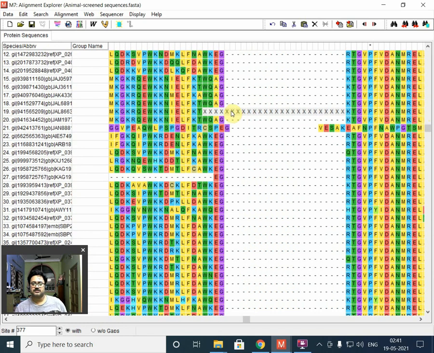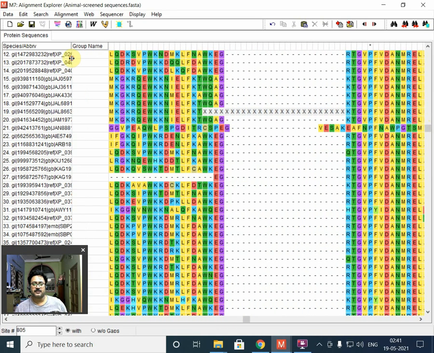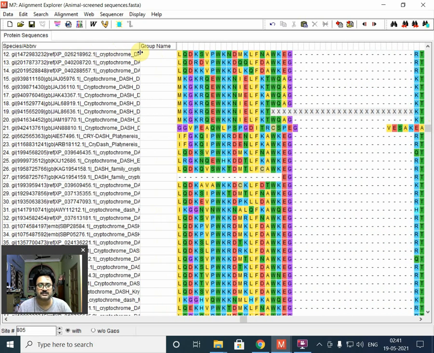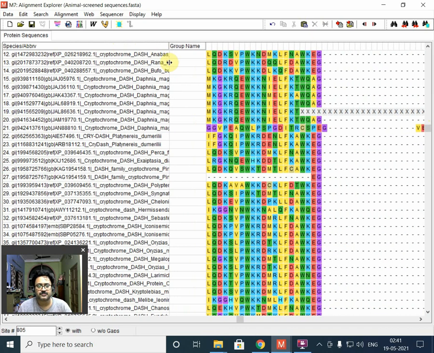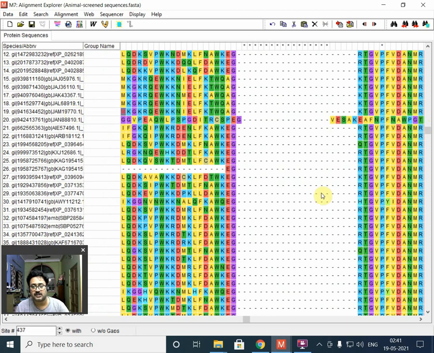This sequence again is probably another Daphnia magna. Just for your reference, all of these sequences belong to the enzyme cryptochrome. Again we are deleting it.